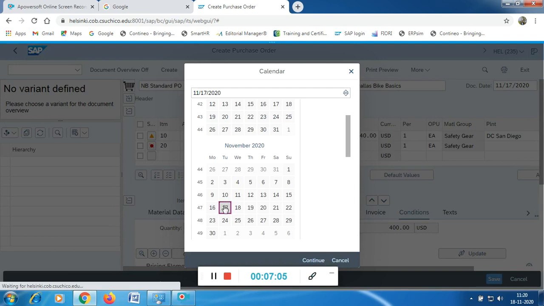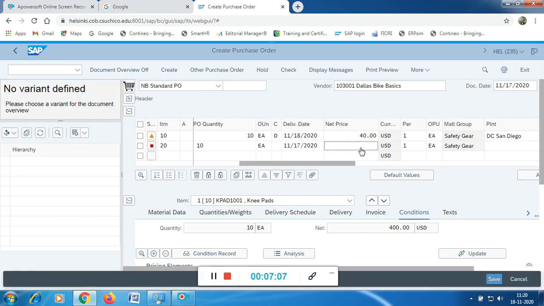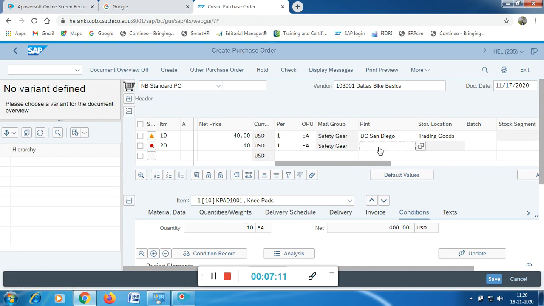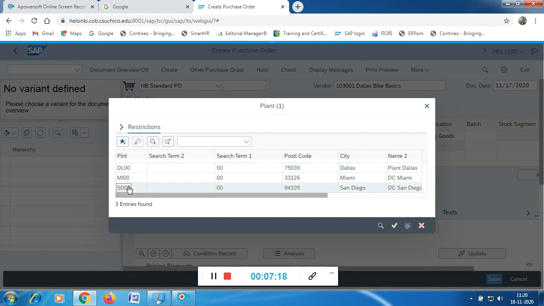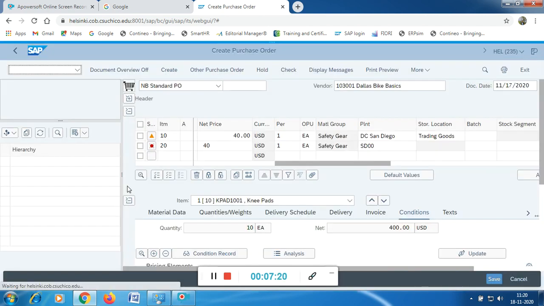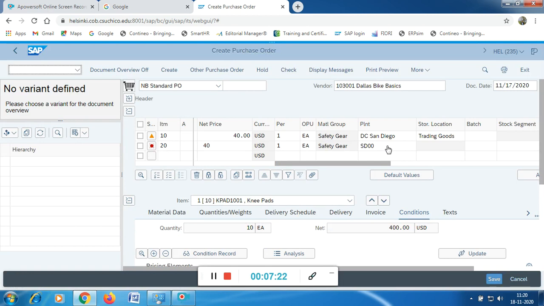I'm just giving today's delivery date, and price again I will give as $40, and it is asking for the plant. Just before I give the plant, I gave all the other information also. For the plant, you take the same plant SD00 San Diego, and after giving the plant, always give an enter.